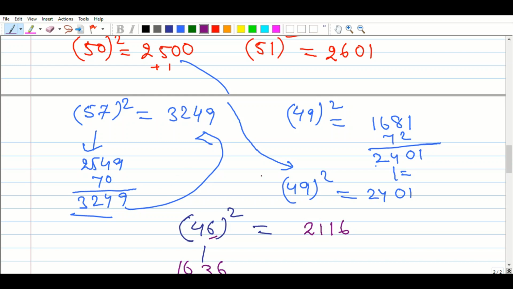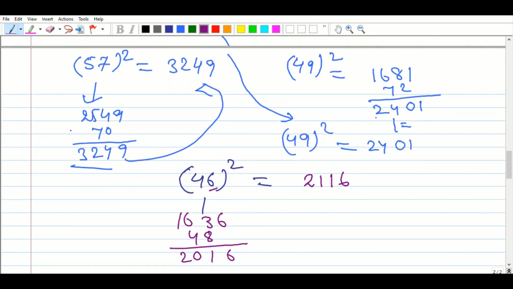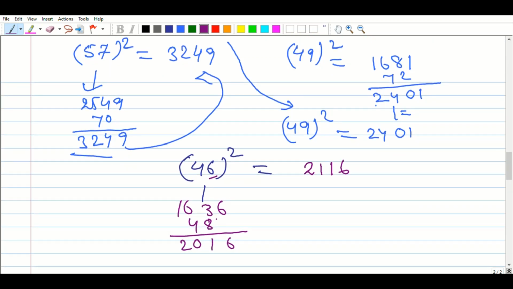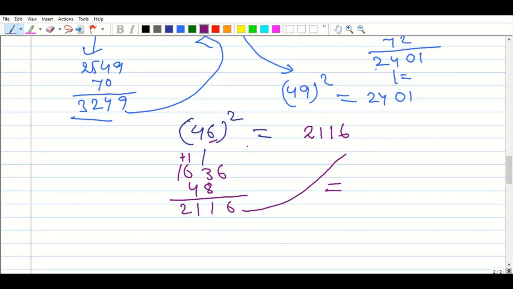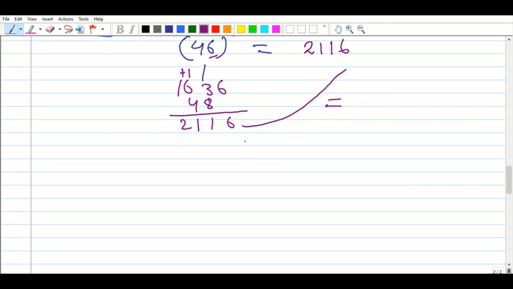25 minus 4, 21. Sir, here you see, here we have done 8 plus 3, 11. So we will plus 1 here, and it becomes 1. Isn't it? In both cases, the answer is already the same. Is it clear? Here is 1. Okay. So this is the method to find this one very well. So you can do this up to a 2-digit number.